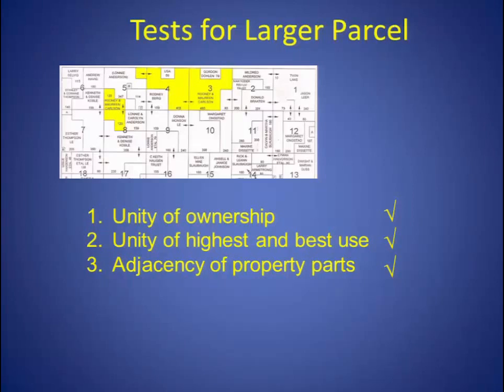And finally, the test for larger parcel also includes the adjacency rule. Is there adjacency of the property parts? Although they do not have any common sides, these can be proved to be sufficiently adjacent to each other so that they all are part of a larger parcel. Now, had this been in Pierce County and this up here in Bodno County, then we could not have said that they were the same larger parcel, and we would have had to make two separate appraisals, and then, yes, we could add the value of those up afterwards.